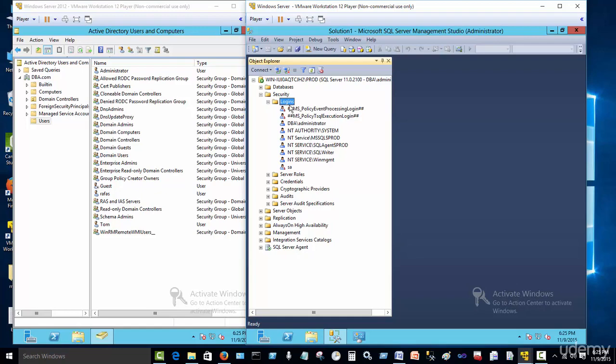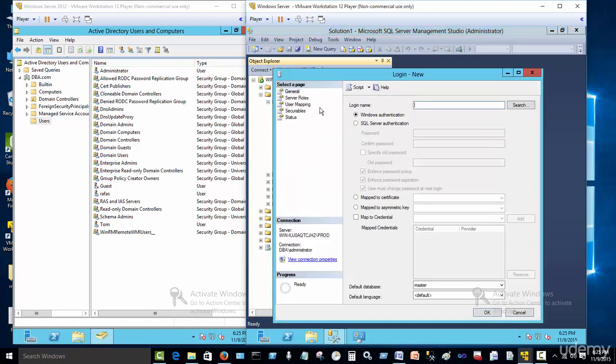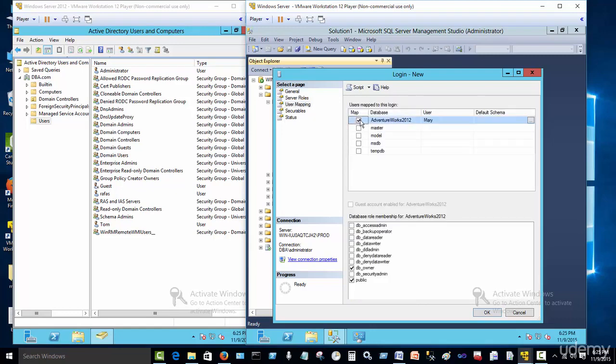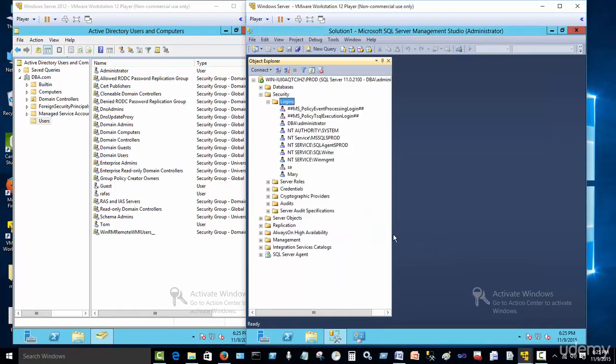And I'm doing that deliberately because I want you to be aware of a few of the errors that come up. And so I'm going to go Mary again. And this time I am going to match the password. And we'll just go OK quickly on that one, and database reader, and go OK, and this time it'll work, and that's fine. So now you can see that the SQL login for Mary has been created,